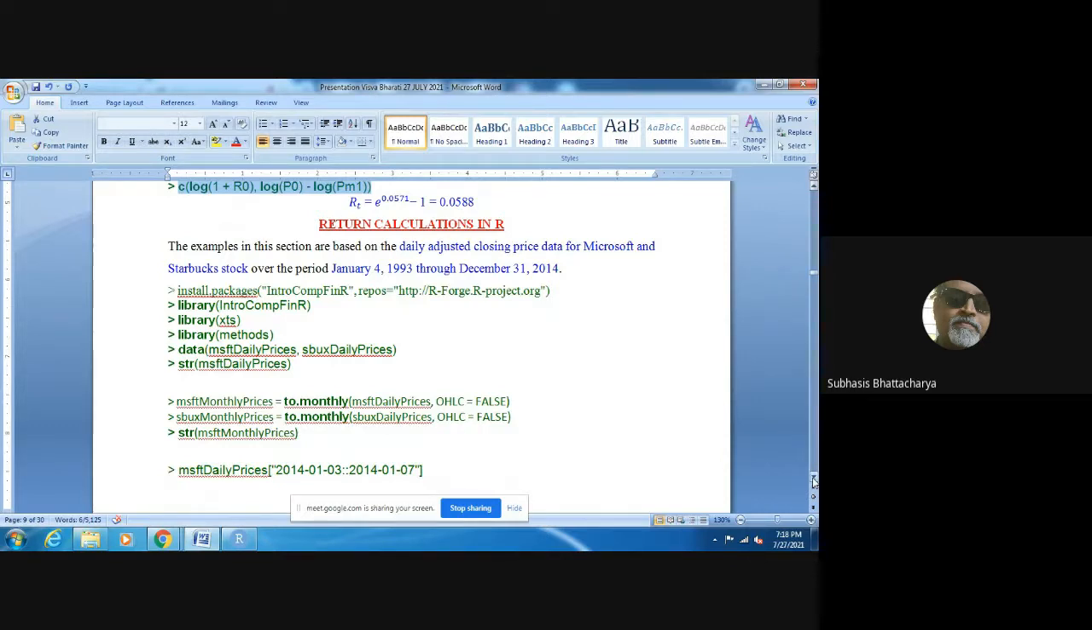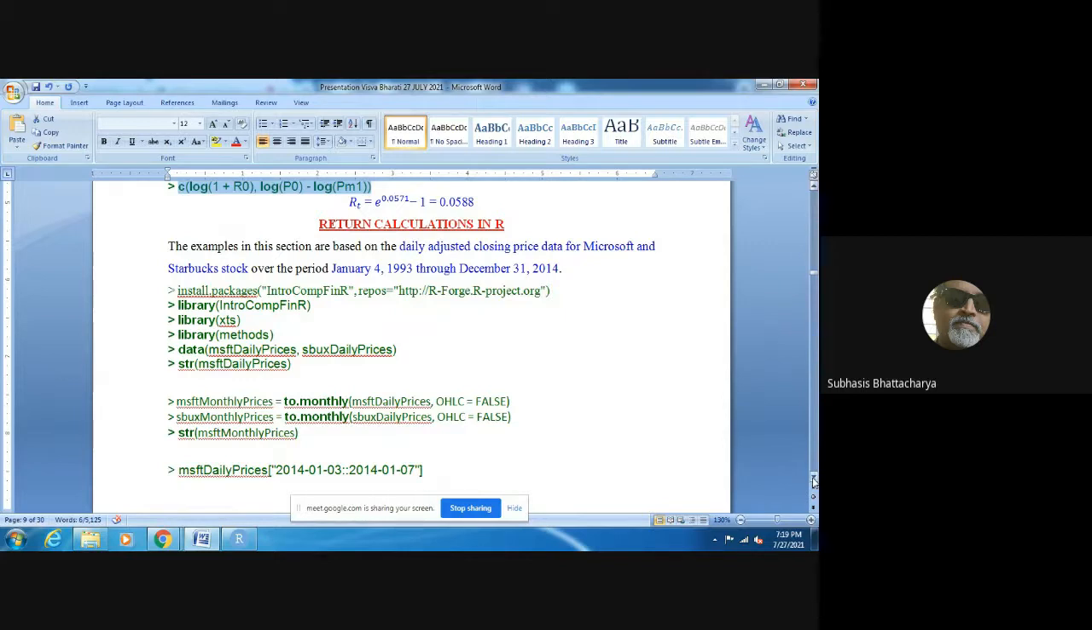So we discussed the calculation of returns from historical prices in R, and we also displayed the graphs of the prices and returns. These are based on daily adjusted closing prices of Microsoft and Starbucks, starting from January 1993. You can decide this yourself, because if you go to yahoo.com,